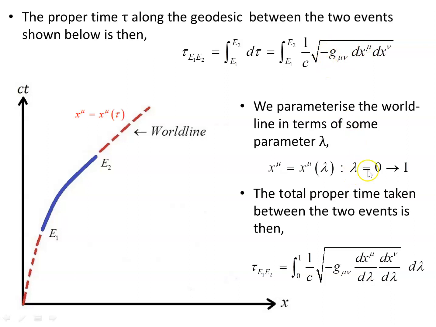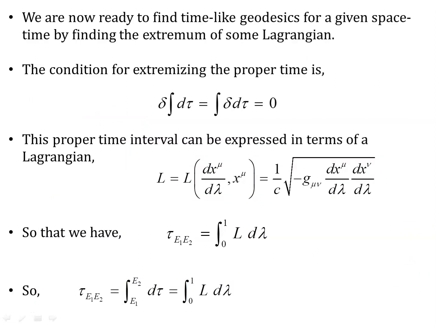And this parameter lambda will go from 0 to 1. Okay, lambda is 0 here, lambda is 1 here. And the total proper time taken between the two events is then the integral from 0 to 1 of 1 on c times the square root of this object here, see how dx mu d lambda, dx nu d lambda, and then integrate with respect to lambda. All right, so we're now ready to find time-like geodesics for a given space-time by finding the extremum of some